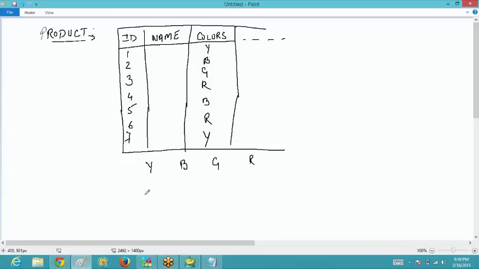But now if I ask you to give me the count of the products having yellow color, the count of products that have blue color, the count for the green, and the count for the red, then how are you going to do it? If I have the table present over here, and there are a limited number of products, then I can go on and do the addition and let you know. But that is not the case with the database, because in the database, first thing we are not